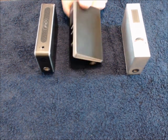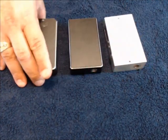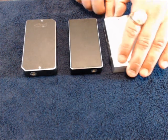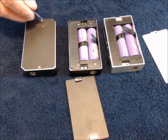Okay. Now here's the thing with these. Let me flip this one over so we can get to it. So here's the predominant difference, other than the wattage: the Sigelei come with the magnetic backs. They just pop off, and then the IPV is the one that, of course, requires the little pin to